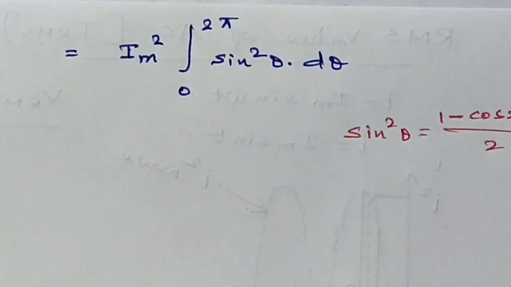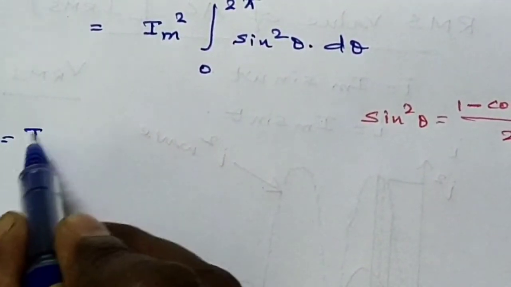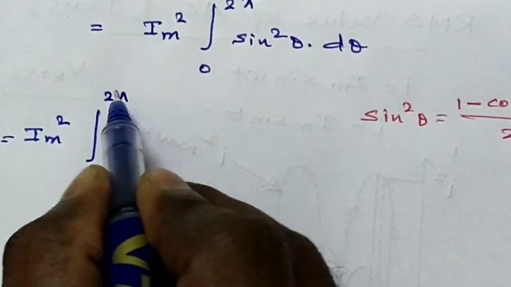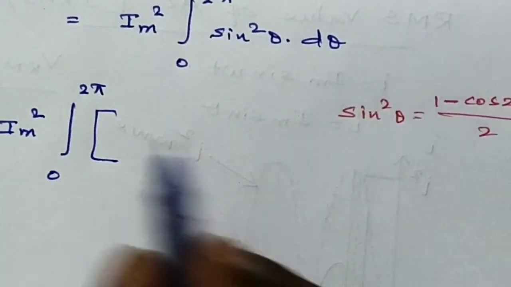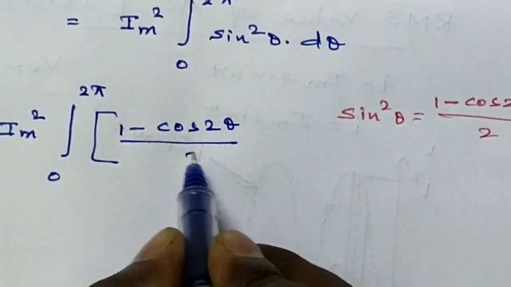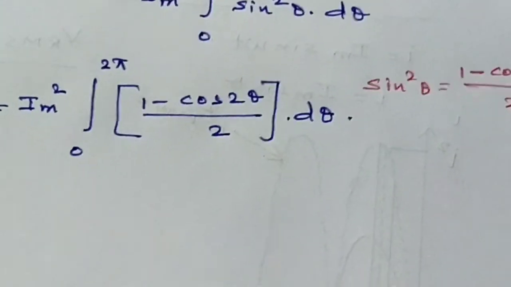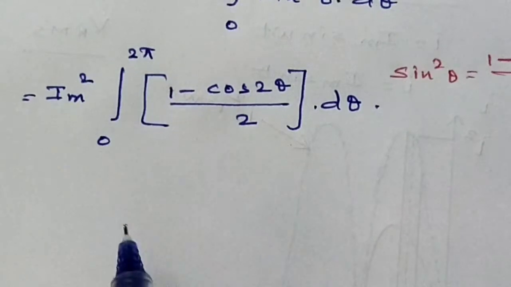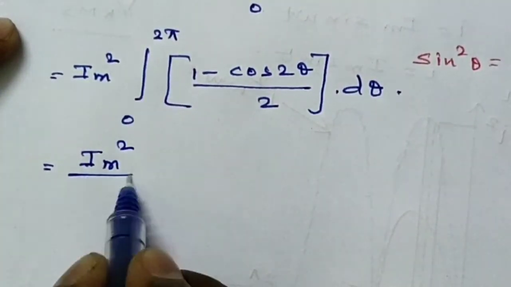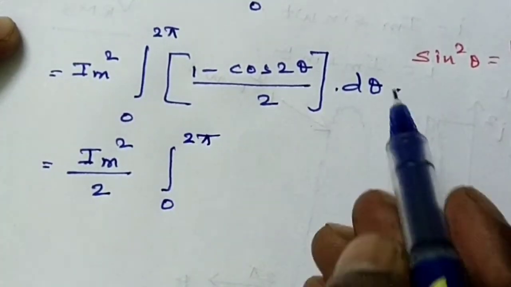So it is Im squared integral from 0 to 2 pi of (1 minus cos 2 theta) divided by 2, d theta. Here the 2 is a constant, so take it out of the integral. Finally the equation is Im squared divided by 2, integral of d theta,